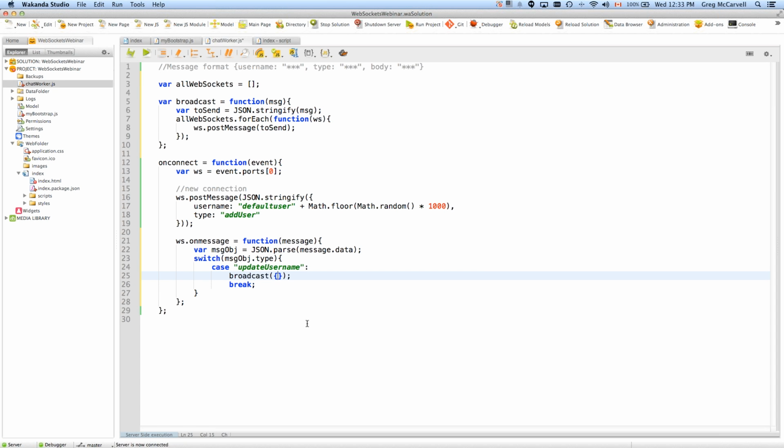What we'll broadcast is an object. For username, let's just put in system so they know it comes from the system. Then type will be message, because anything that's going to be put into the main text area of the chat, we're going to classify as type message. And then we'll put body. So what are we doing here? We've got update username. What can we put here? We've got the message object. I believe we've got username. Let's put a string: a user has changed their name to